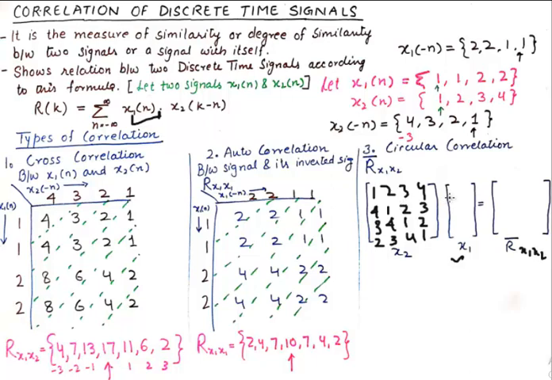And x1 will be written as it is. X1 will be 1 1 2 2. So this is a 4 by 4 matrix, this is a 4 by 1 matrix, and the answer is going to be a 4 by 1 matrix. And when you multiply these two matrices,